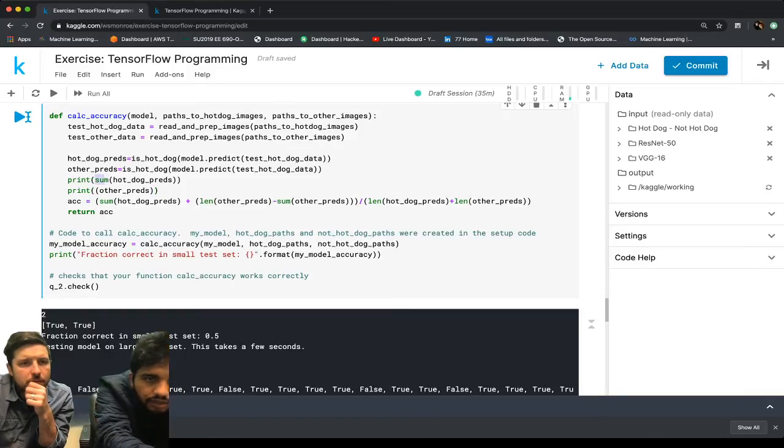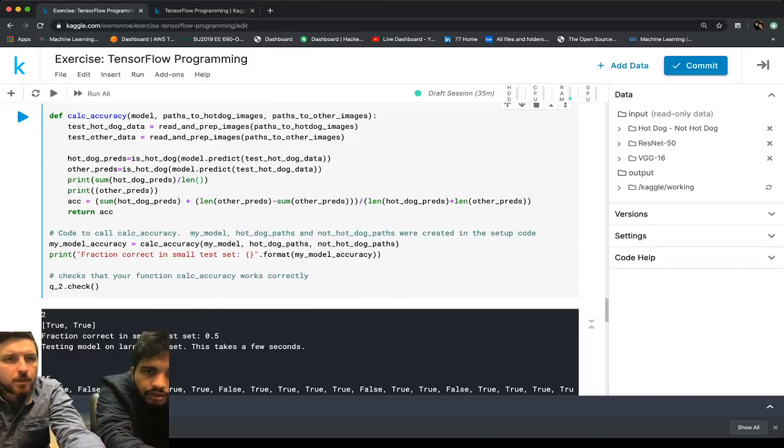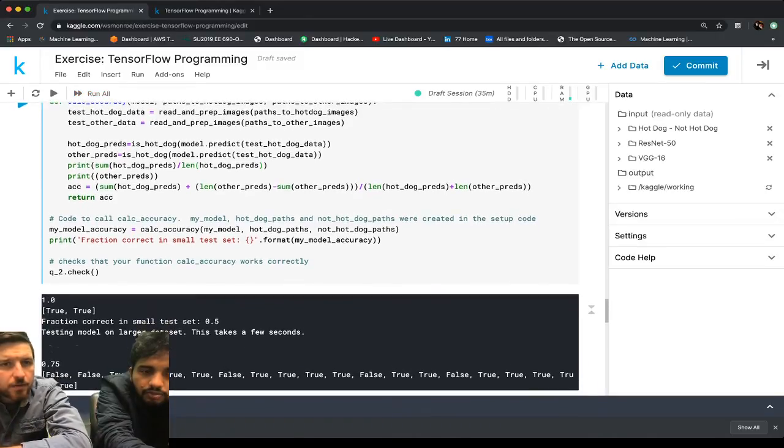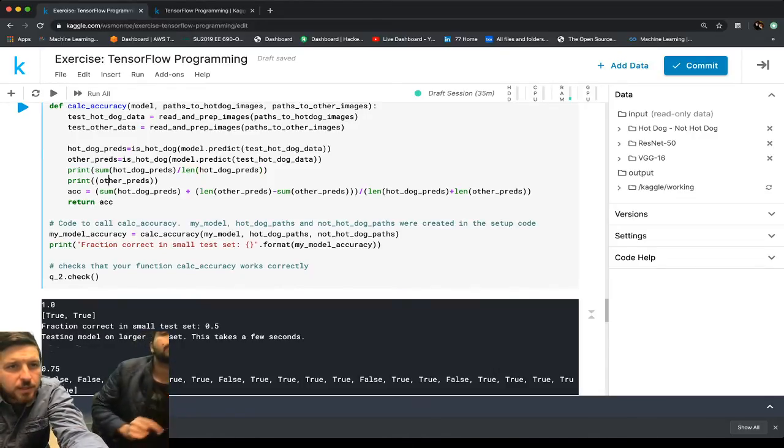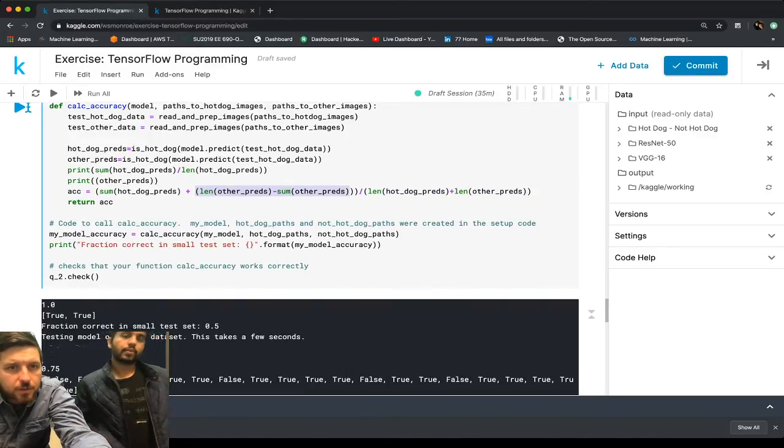Test hot dog predictions is hot dog model dot predict. Yeah, so if we look at that, how much does it give? There's one up there, 0.75 for the bigger data set. And then if we do the same thing for the other predictions,